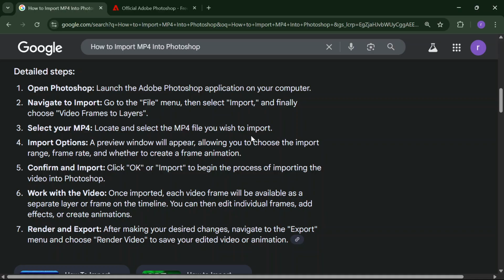You can also drag and drop it, and after that a preview window will appear, allowing you to choose the import range, frame rate and whether to create a frame animation. And then you have to confirm and import, like click on OK or Import to begin the process of importing